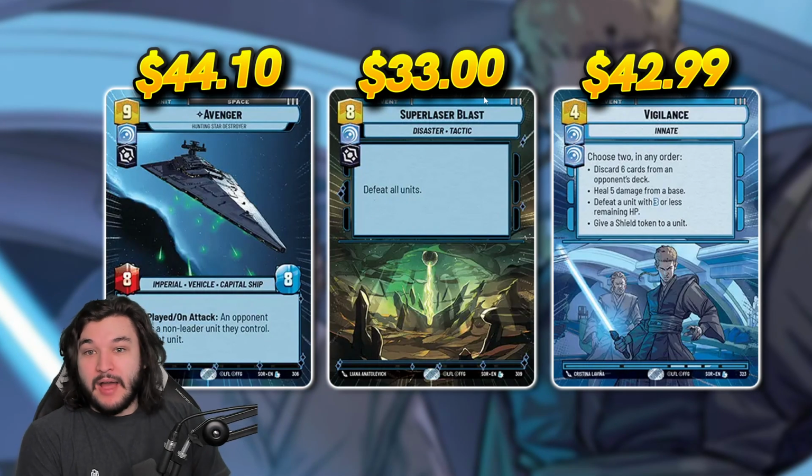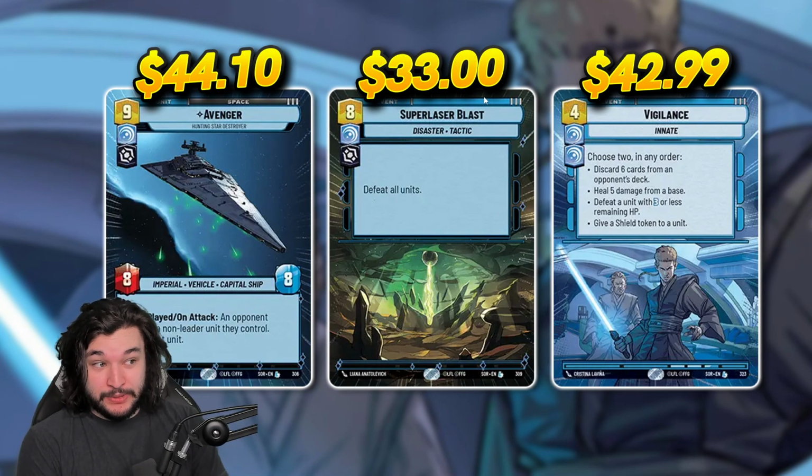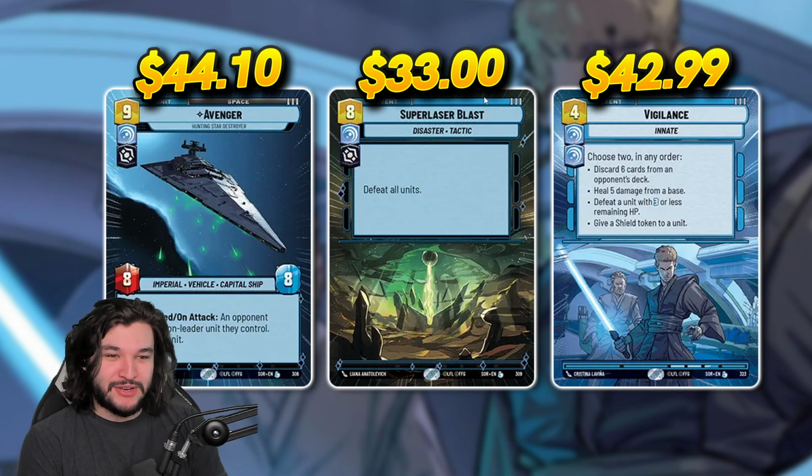I know for me, I'm going to be passing on my Vader Blue Super Laser Blasts unless someone at my store can potentially trade them. I know that I'll be sitting on my Vigilances. I hope to maybe trade them if I can, because again, if you can get rid of these cards when they spike to these prices, if you think about it, like I've done, I don't know,